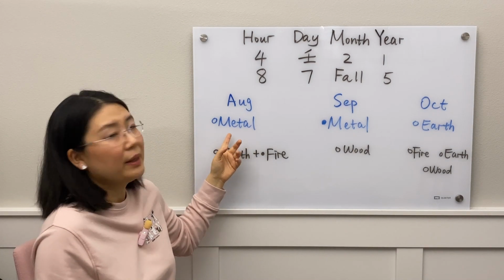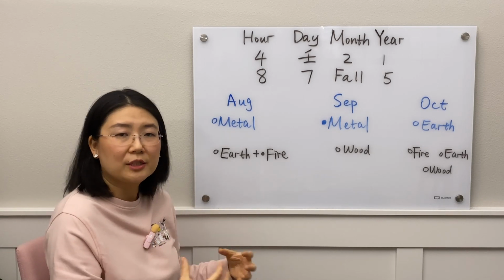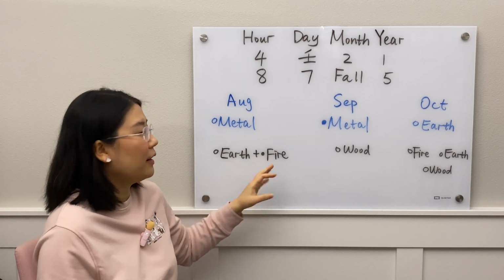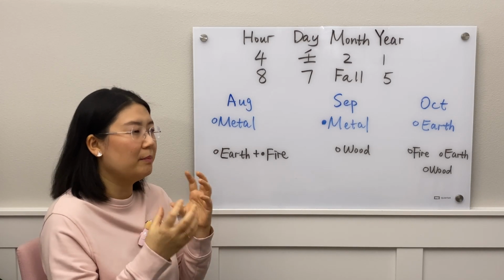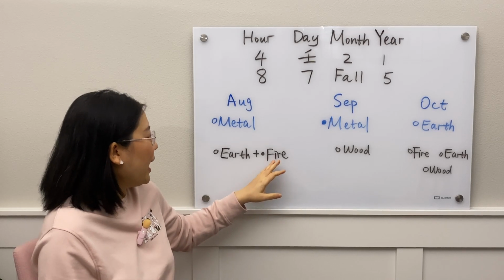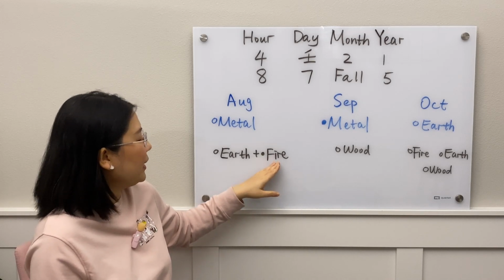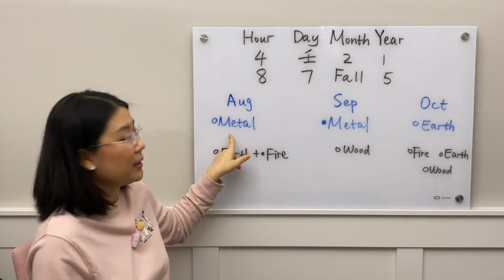You don't want too much of a yang metal to keep on generating this powerful rushing river. You want some fire to keep the source at bay, keep it in the right amount of dosage and energy. So I have this element here, right? So I prevent this yang metal because fire suppresses metal.